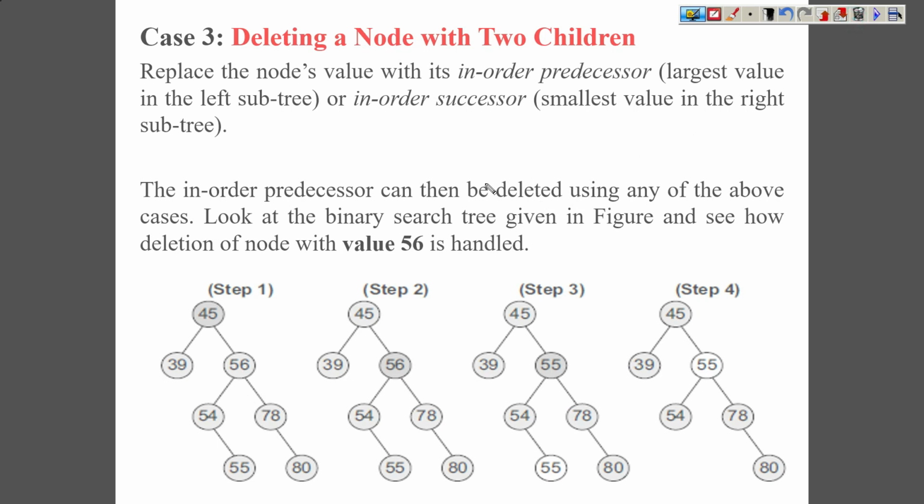In the third case, if we are deleting any node, for example, 56 we want to delete, and it has two children, left and right. So we have two approaches to proceed. Either we can find the smallest value in the right subtree, or we can find the largest value in the left subtree. So here the largest value, we will run the algorithm and we find that this is the largest value. So what we do, we replace this value here,